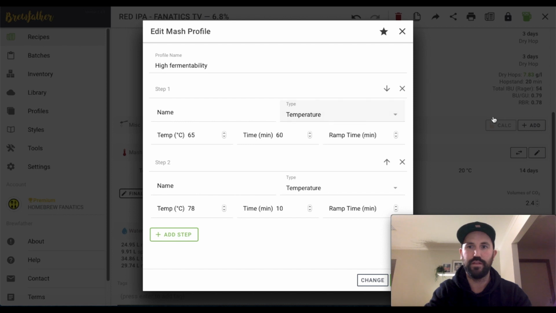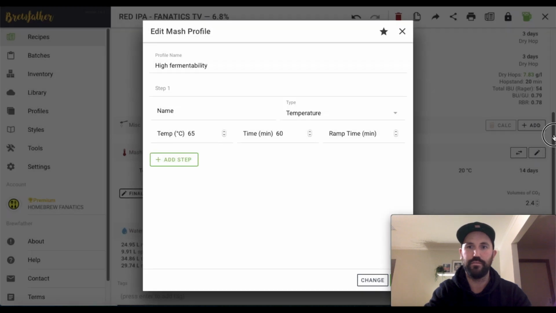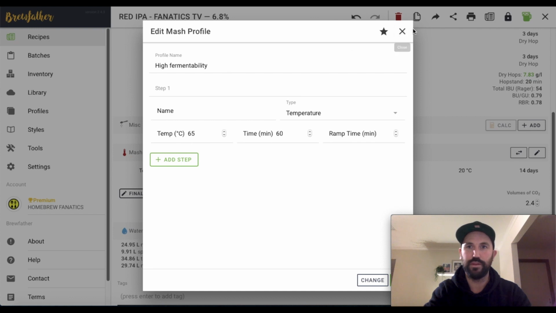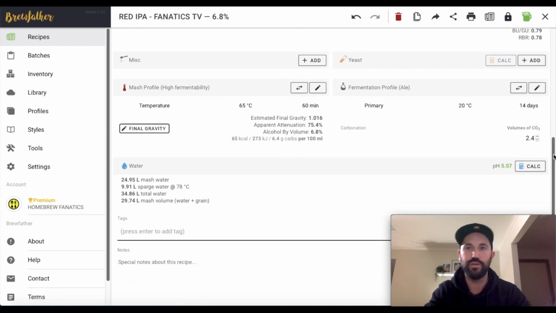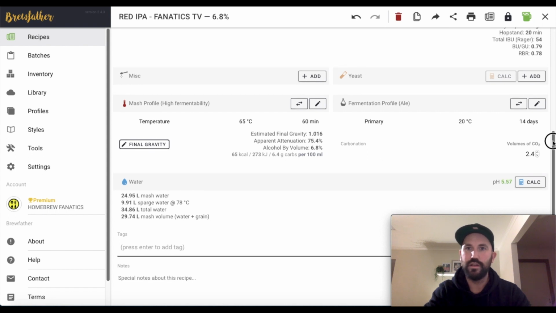So we'll keep that like that, I think. Oh, that's not going in there. I'll fix that up when I put the actual recipe up. So at the moment we got 65 degrees mashing, 60 minutes. So that's all good. What we'll do now is we'll go to the